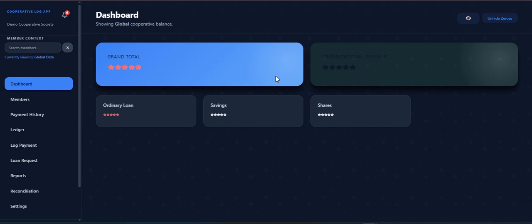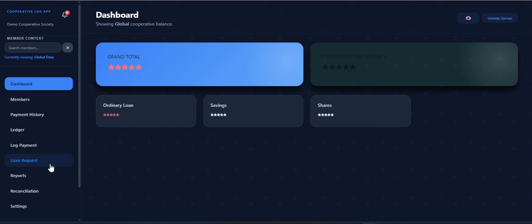I am going to quickly show us in this video how to log a member loan. If a member collects a loan, how do you log it? There are two ways to do this. A member loan can be logged directly from the statement of account after the loan has been disbursed, as currently operated by most cooperatives. The second way, which was incorporated into this design, is that a member requests for a loan